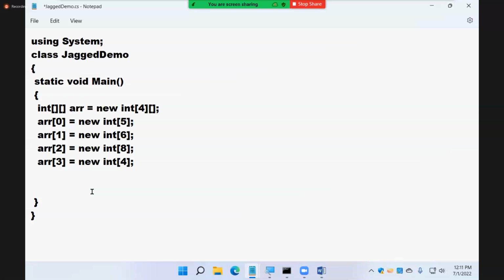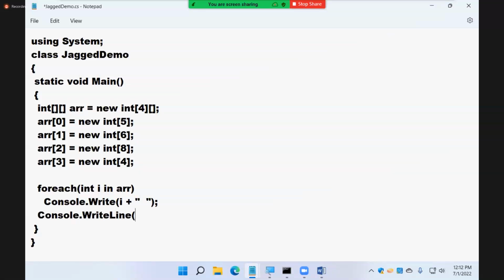Yesterday, do you remember, the two-dimensional array values we printed by using a single foreach loop? Yesterday we did it. Let's try the same now. foreach (int i in arr) Console.Write(i);